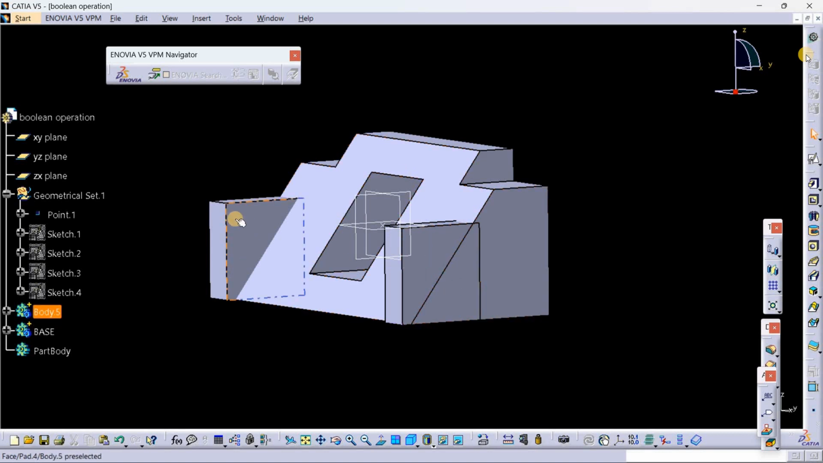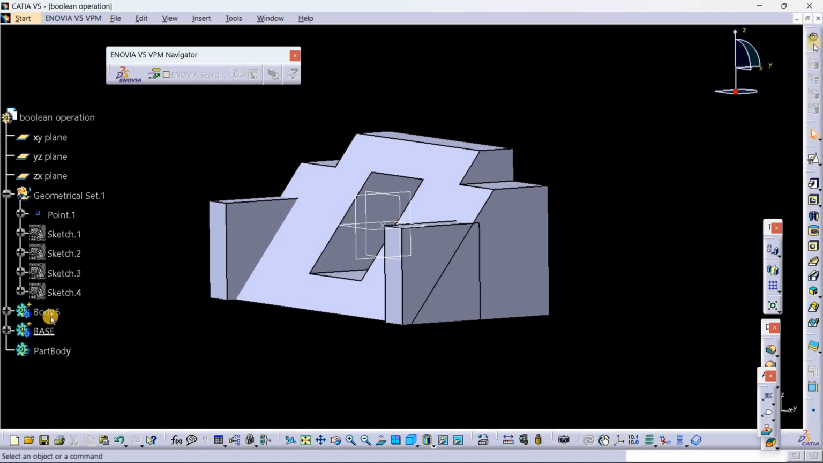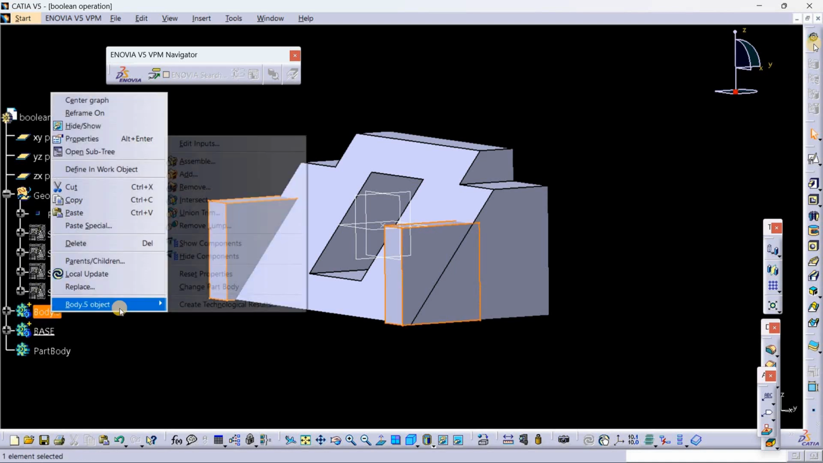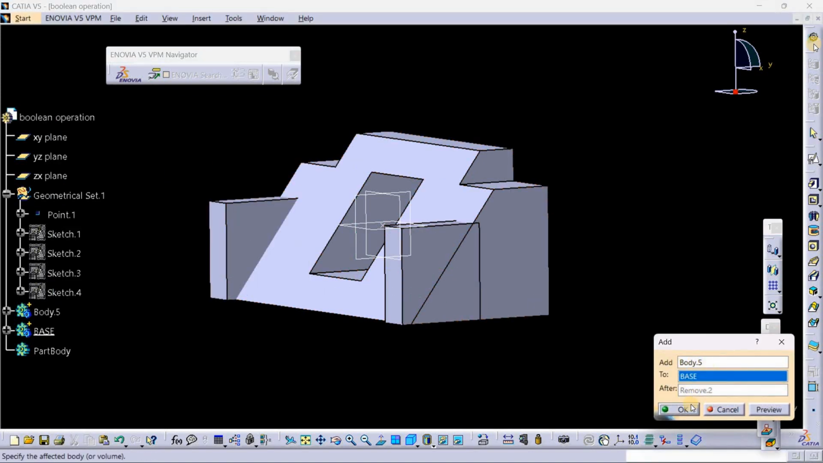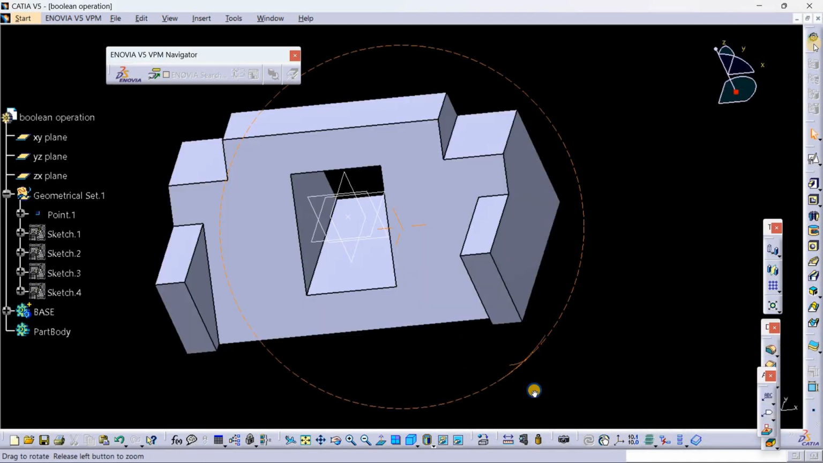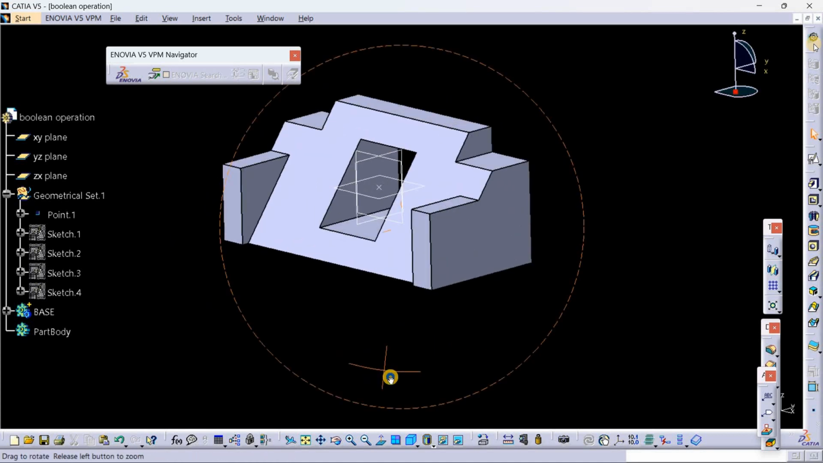We know that body 5 is connected to our body. So simply by adding this to the base body. So how can we do that, guys? Simply by define work object in base and then right click on body 5. In body 5 I'm choosing add and click on OK. So you guys see that now we don't have any patches in between both of them,